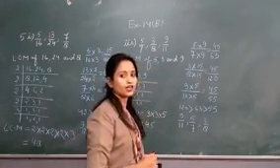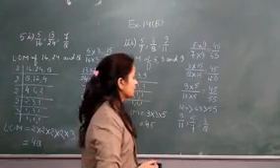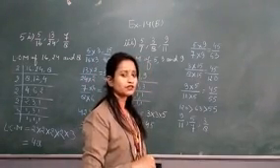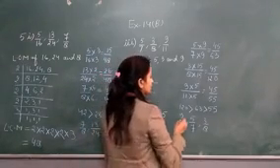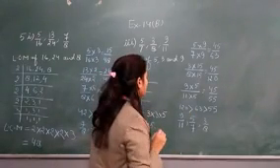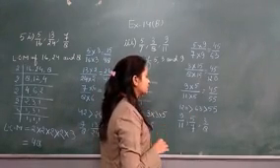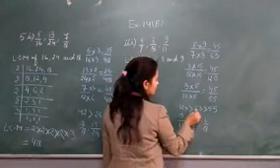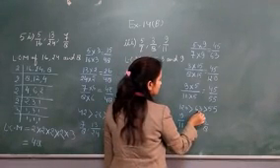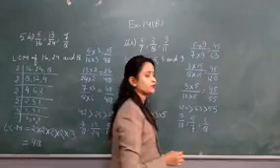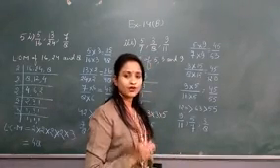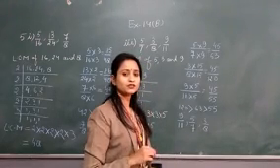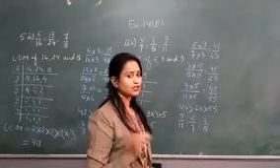Now we have to arrange in descending order. And we know that if the numerator is the same and the denominator is different, a fraction with greater denominator is the smallest fraction. Okay, we can see 120 is greater than 63 and it is greater than 55, and I have told you a fraction with greater denominator is the smallest fraction and the fraction with smallest denominator is the greatest fraction.